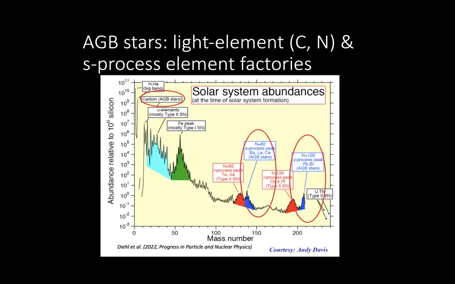So most of the carbon in the universe is probably produced in asymptotic giant branch stars that subsequently become planetary nebulae. So if you're interested in where the carbon in your body comes from, you went through a planetary nebula or at least an asymptotic giant branch star once in your past life. Nitrogen too, the nitrogen we're breathing in this room, a lot of that was produced in stars like those that become planetary nebulae. And heavier things too, barium, cesium, lead,